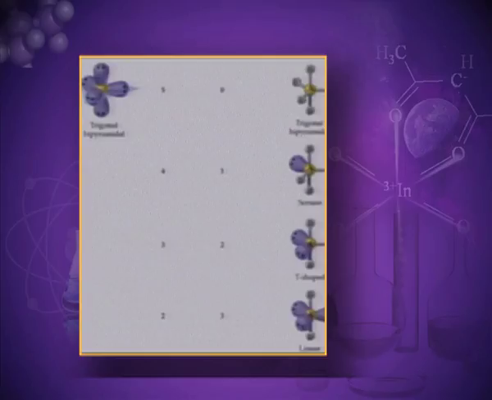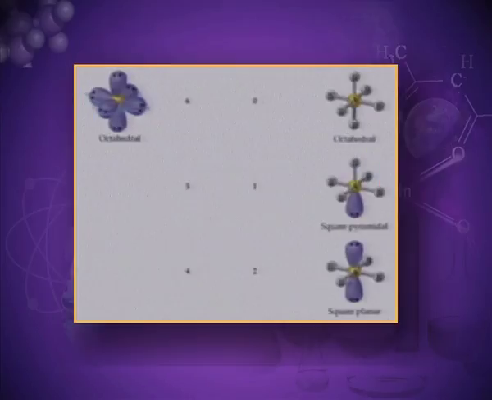First case, PCl5 when all are bonded pairs, SF4 when there is 1 lone pair and 4 bonded pairs, ClF3 when there are 2 lone pairs and 3 bonded pairs, XeF2 when there are 3 lone pairs and 2 bond pairs. This is octahedral shape when all the 6 bonds are bonded pairs. This is SF6. The next case is BrF5 or IF5 we can say, when there is 1 lone pair and 5 bonded pairs. This is square pyramidal. Then XeF4, that is square planar, when there are 4 bonded pairs and 2 lone pairs.